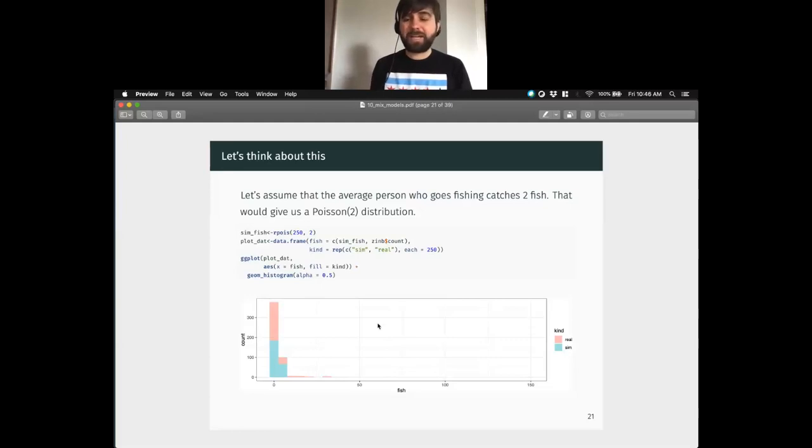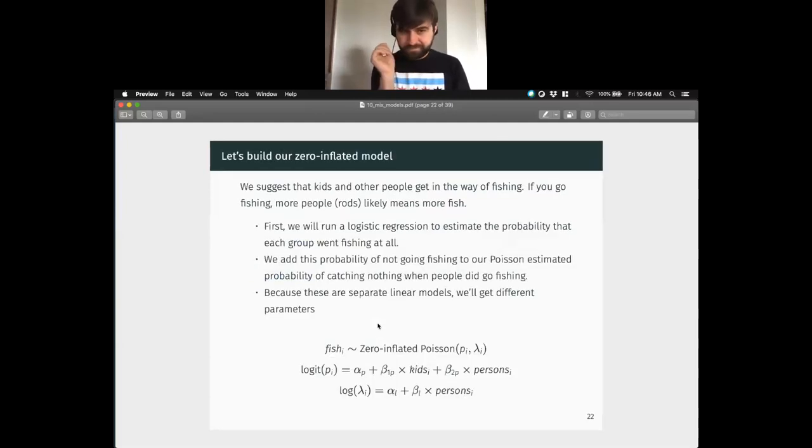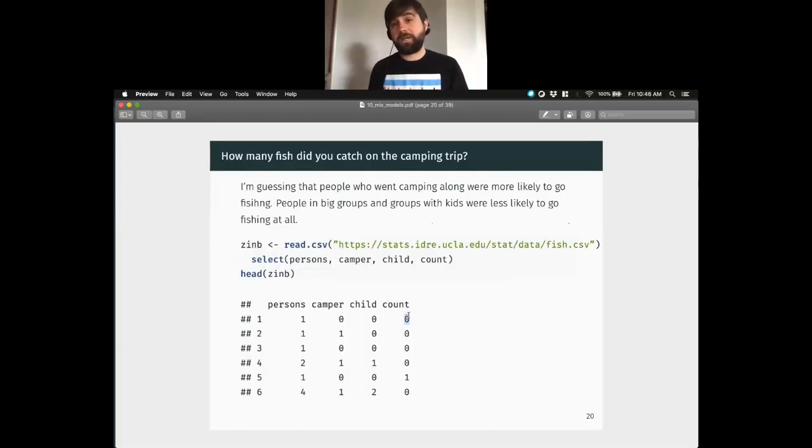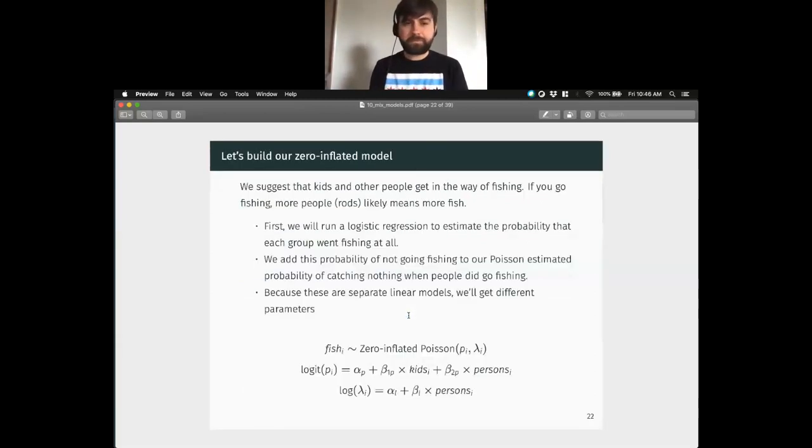But in effect, what we're going to do in this model is run a logistic regression first. First, we're going to run a logistic regression on is the count of fish equal to 0, right? So we're first going to run that logit model to estimate the probability that the count of fish you caught is equal to 0. After that, we're going to run the Poisson model that estimates the count of fish. And we're going to add the probabilities of zeros obtained from both of those models to inflate our count of zeros up, right? So it's a 2-stage regression. First, we're going to run this logit model